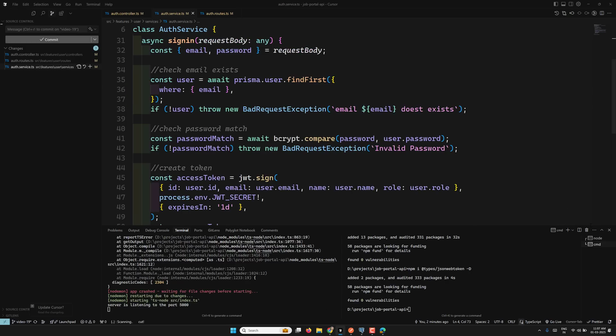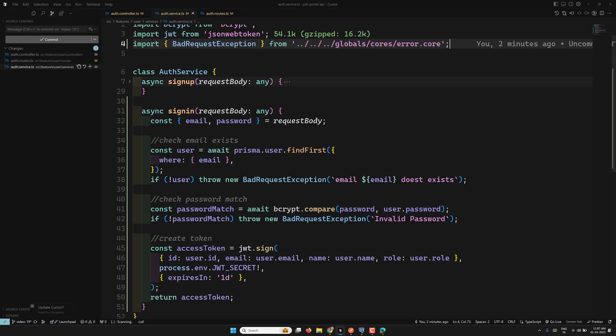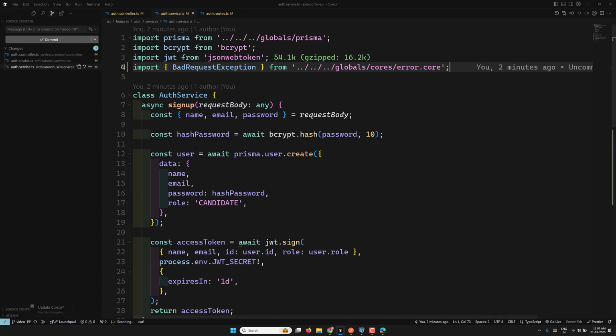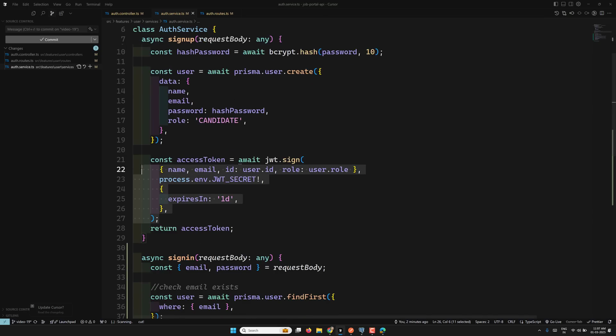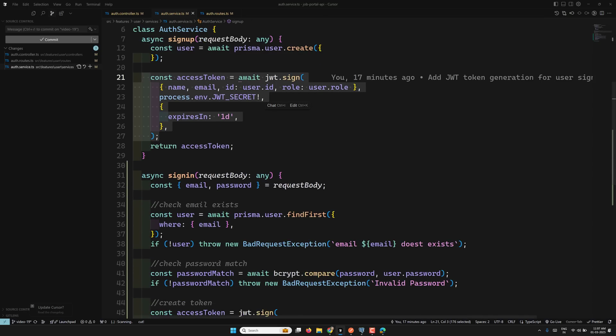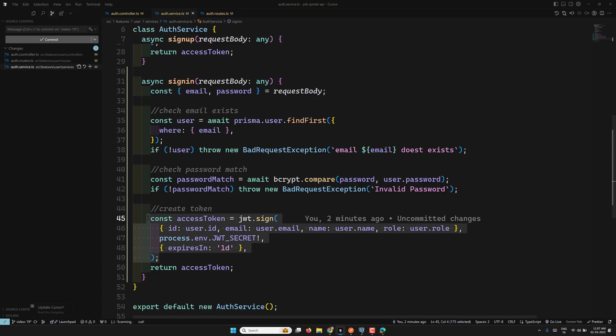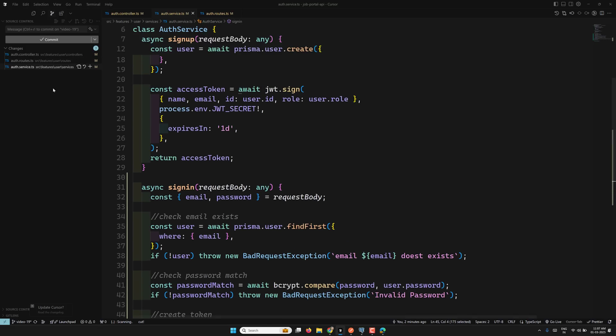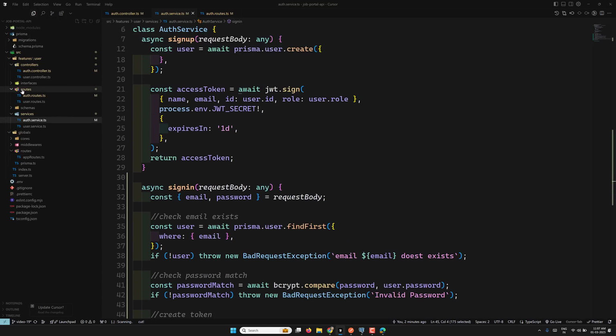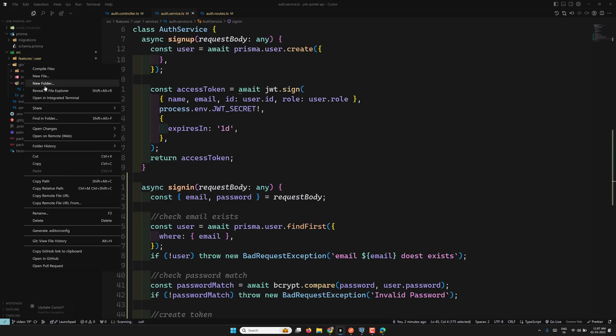Now let's try to clean up some part. So here if you try to see, both in the sign up and sign in, for generating the access token, the same logic we are trying to do: name, email ID, and here also the same thing. Why can't we move it to a separate code here? So let's go to our code here. In this one, let's go to our globals, and here I will try to use a helper folder,